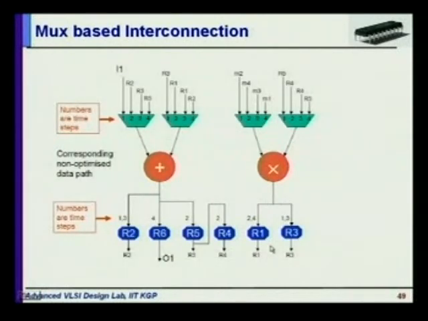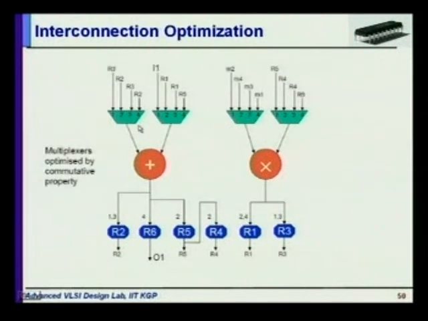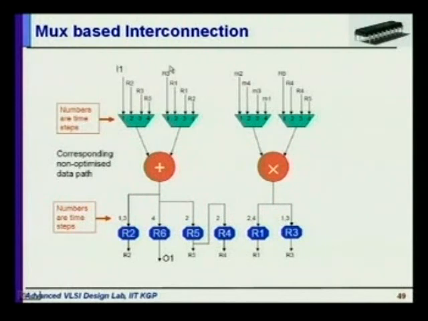Here is one example of what kind of optimization you can perform during data path generation. Suppose you have two function units, and these are the inputs that you can feed to the left input, and these are the inputs that you can feed to the right input. So here you can see you need a 4:1 multiplexer because there are 4 inputs to the mux. But if you take the operation carefully,